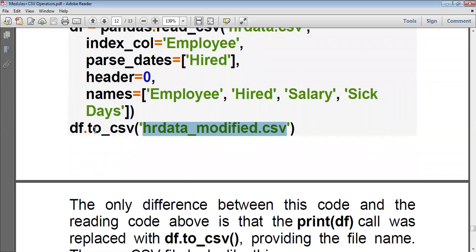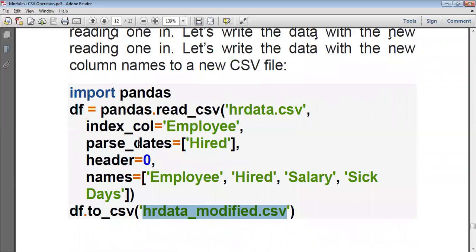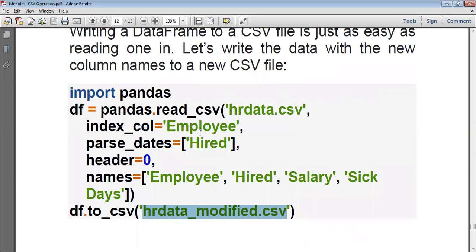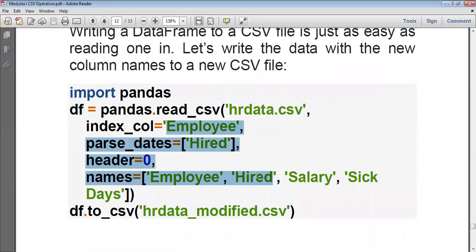So how are we writing? Don't get confused in this. It is very clear. Here this file is read, the entire content of this file is read, right? There are some modifications, and all those modifications are done. Then these contents are stored where? In the df object.